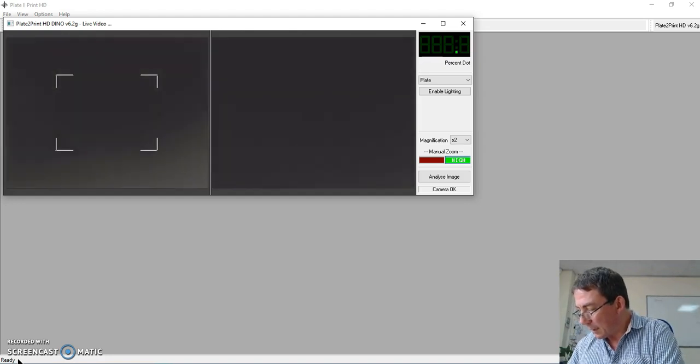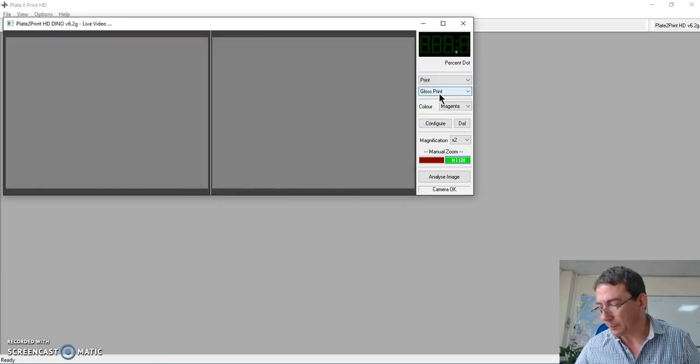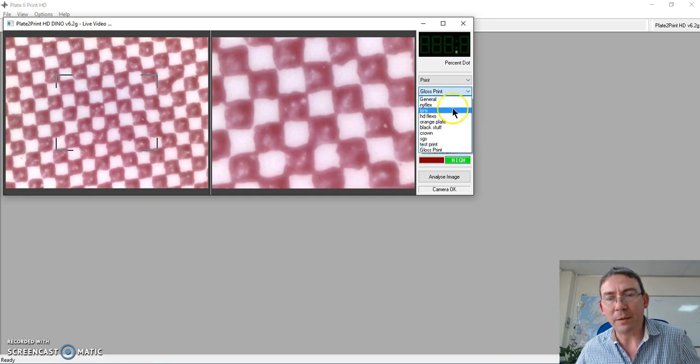So again, let's place our camera, and I'm going to start off in the 50% area. So select print, and now we can see that the print material is under the camera. It's all live, of course. You can see here some issues. My dots are linking, but that's a different situation. I can configure for the media, different medias, and different colors. So when I analyze the print,